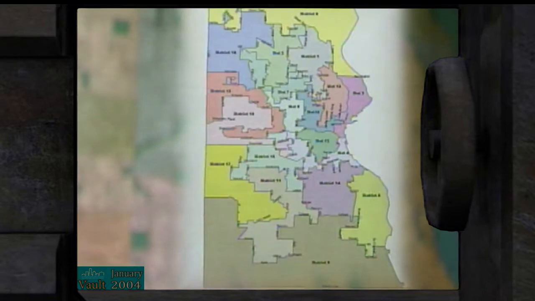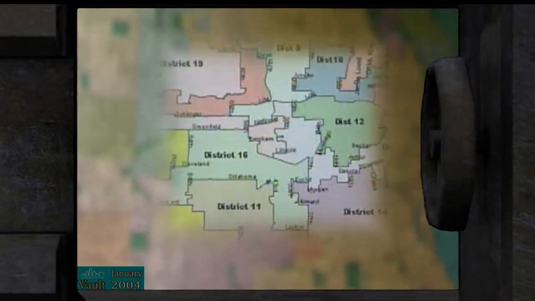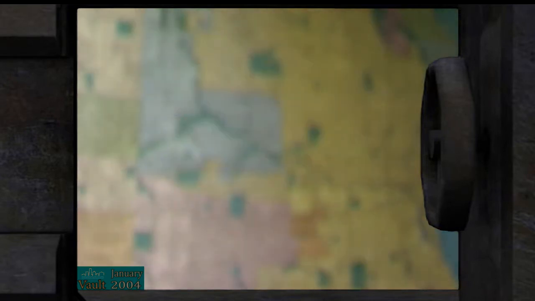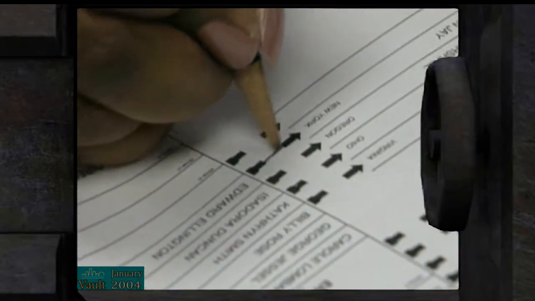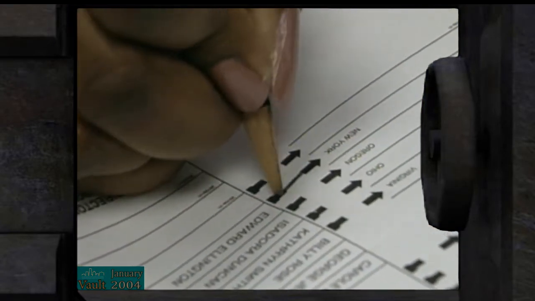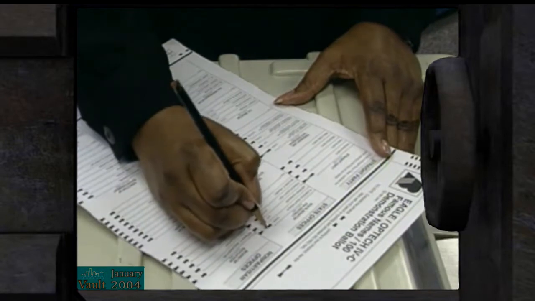Those officials include members of the Milwaukee County Board, and your representative may be changing there as well. The board decided last fall to reduce its size from 25 to 19. That dramatically changed boundary lines for county supervisory districts. For information on those changes, you can call the County Election Commission at 278-4060. There were over 450,000 potential voters in the city based on the 2000 census.